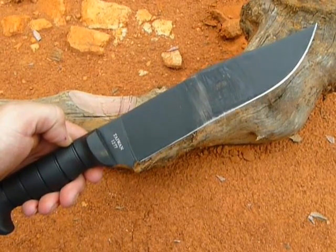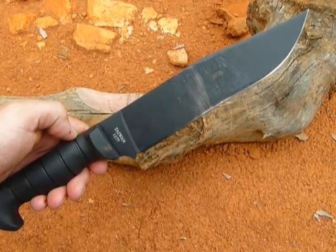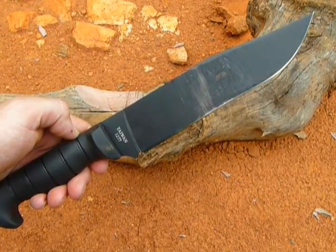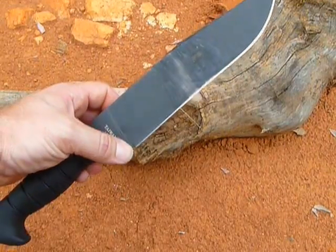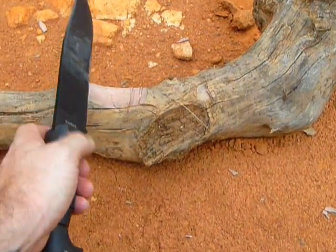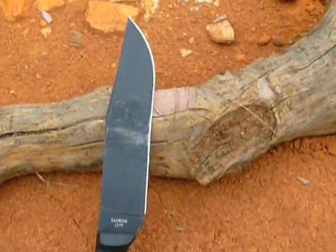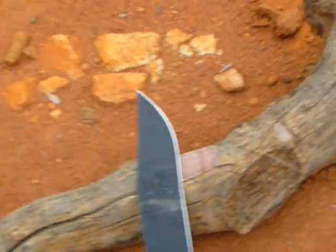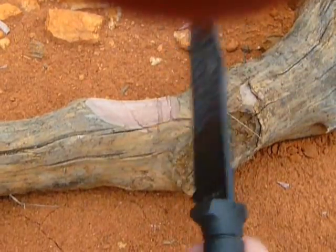There's a lot you can do with this knife if you needed to. Like I said, you can cut firewood, you can cut branches, you can make kindling, and you can still use it for smaller tasks, of course. And I got this root here, which is a pretty hard wood, and I'll just do some chops with it, so you can kind of see for yourself. It'll be a little awkward here, but